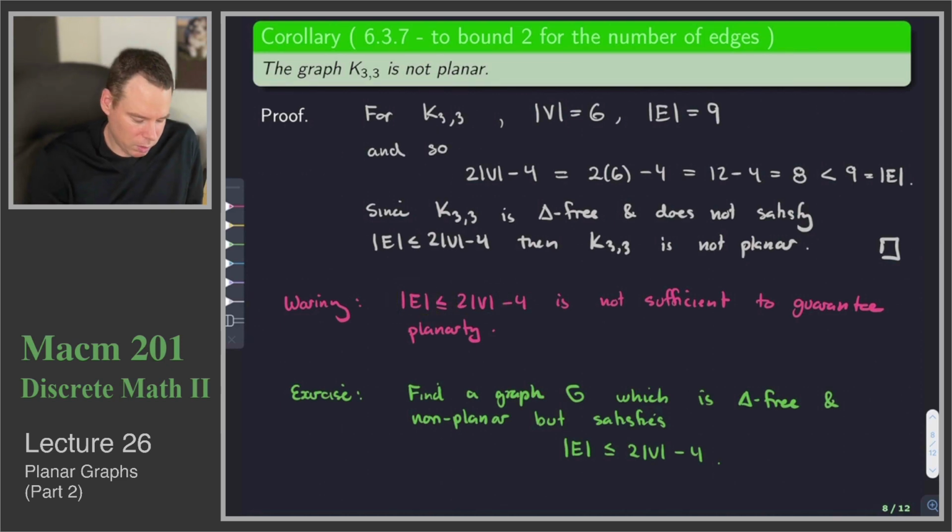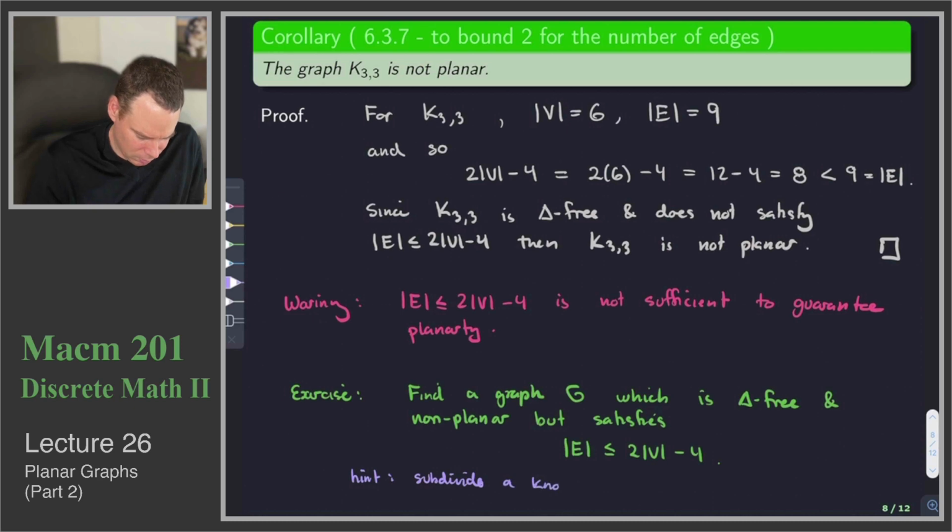So if I started with a graph where the number of edges was bigger than 2V minus 4, then I could just keep subdividing. And I would bump this thing up by 2 every time, and this one only up by 1. So eventually the right side would pass the left side, and I'd construct an example for which this inequality was true. So again, maybe being a little bit more brief, hint, subdivide